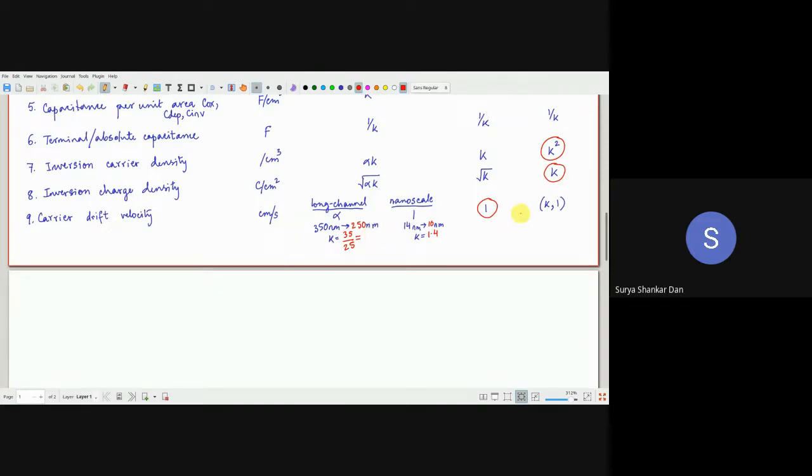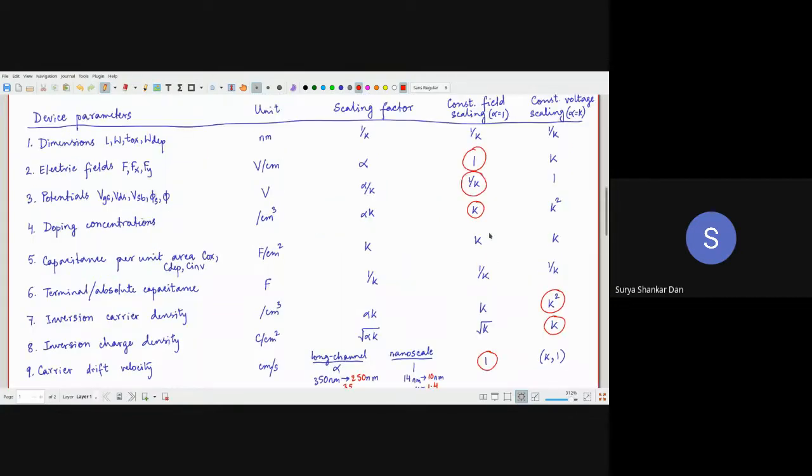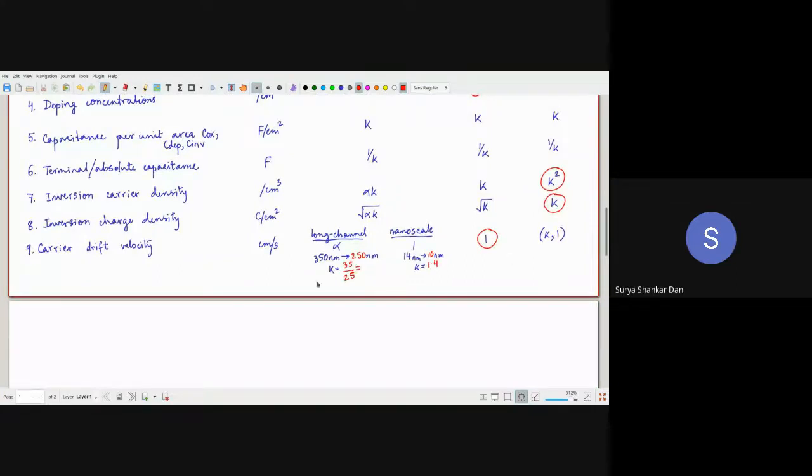So I'm just telling you, scaling is done at the very beginning of your circuit designs. Scaling is beneficial, but the only thing we have to keep in mind is how to ensure that scaling is not going to deteriorate your circuit performance. So if we are planning to do the circuit designs at a particular technology node, then you have to also ensure this value of K and accordingly how it is changing. So K is not essentially related to 2. That was just an example. K can be anything.